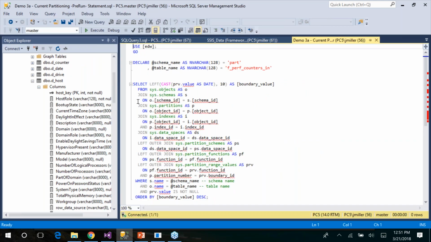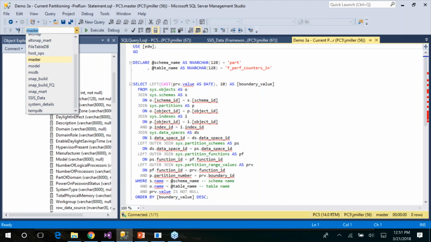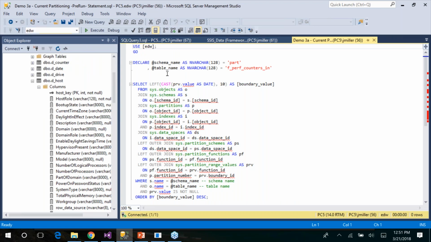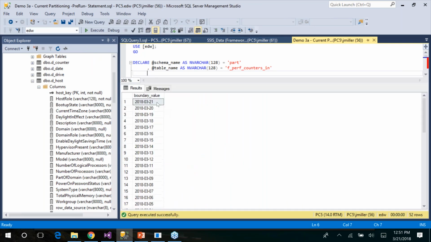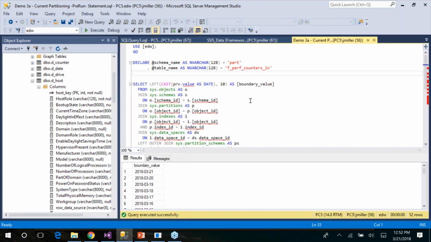this will show you the current partitioning for this table. Let me go to EDW. So you can see that I have 30 daily partitions, and that will run until roughly, it looks like, the 20th of February. Then I go to monthly, and then I go to yearly. So if that's the current partitioning,